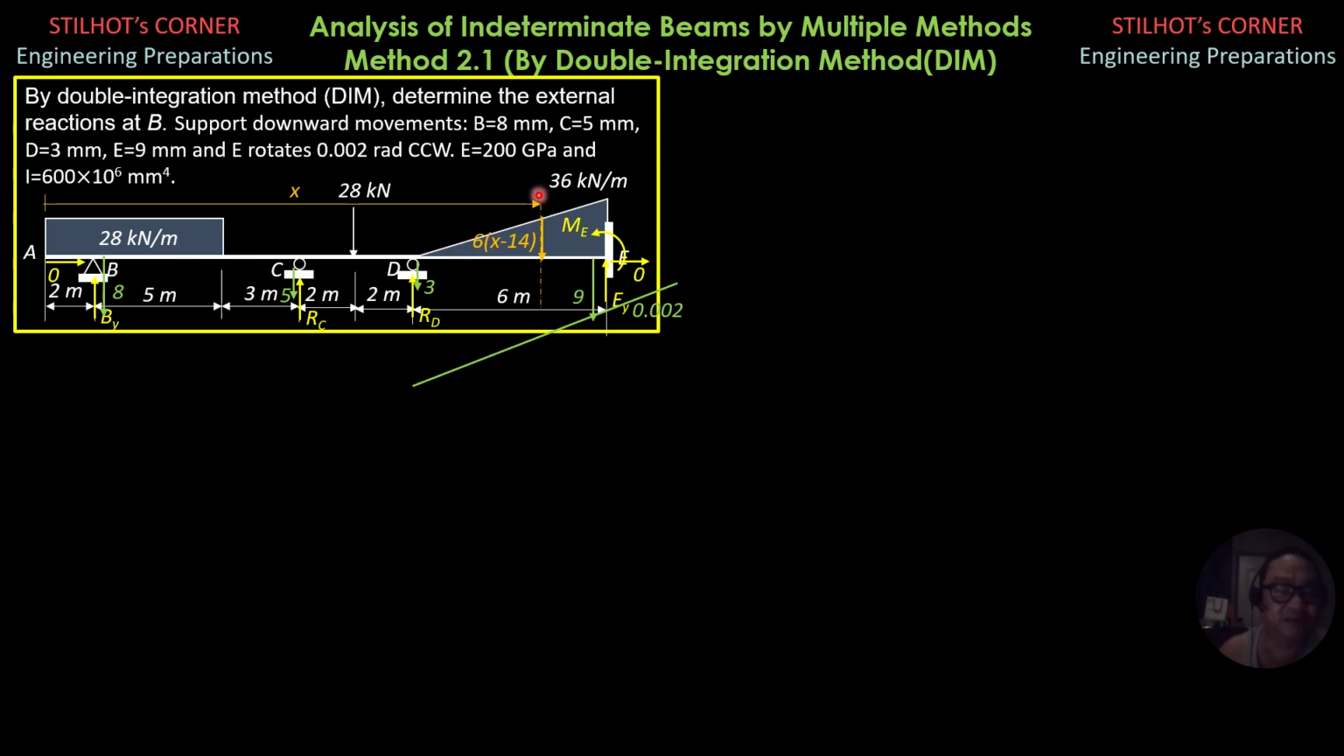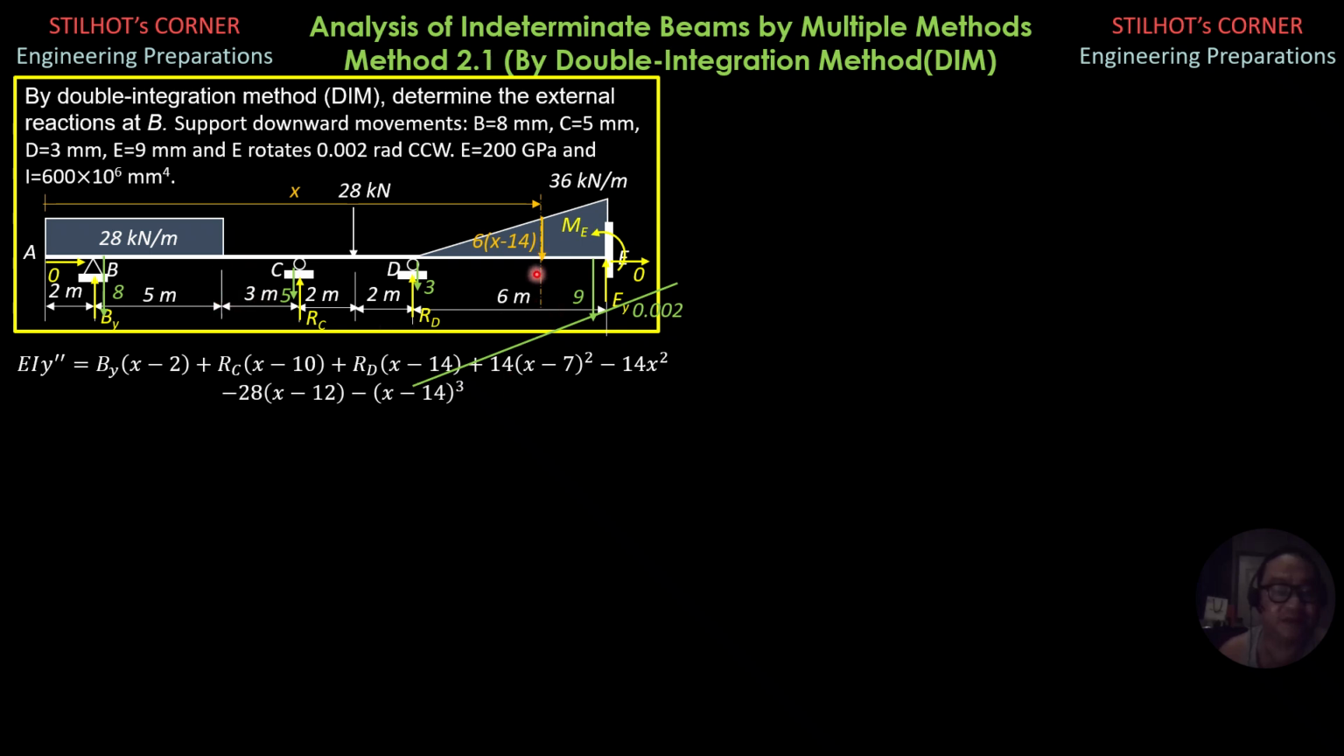Take note that that is x. Then we imagine that this 28 kilonewton per meter load is extended, so that would be 28 up to this section here. And there is also a 28 kilonewton per meter upward where the length is equal to x minus 7. So EI y double prime is equal to R sub B times quantity x minus 2 plus R sub C times quantity x minus 10 plus R sub D quantity x minus 14, plus, for